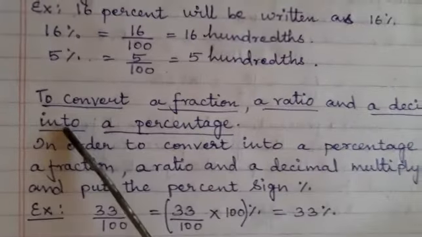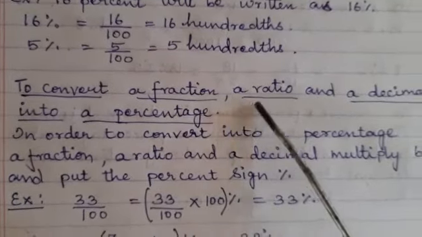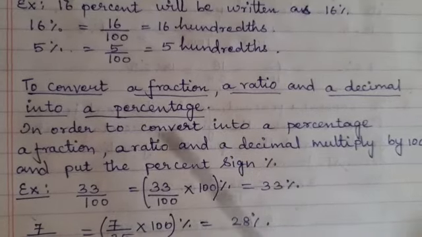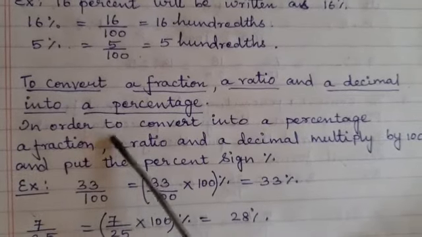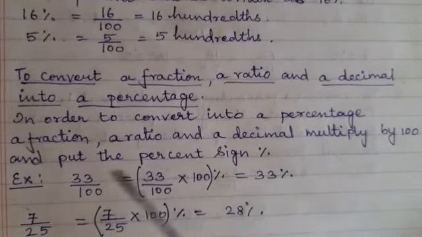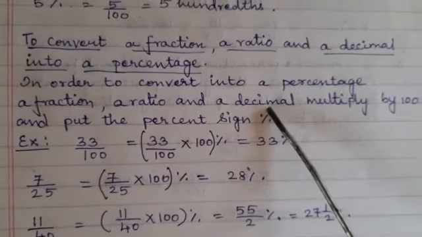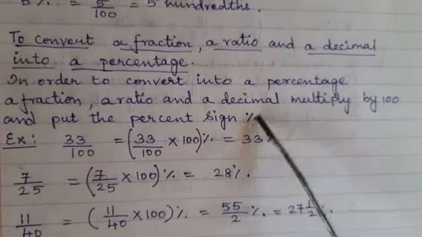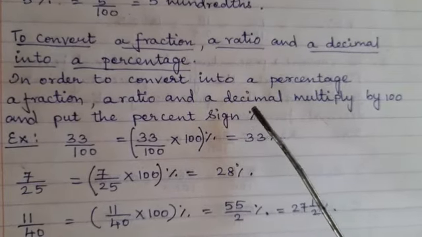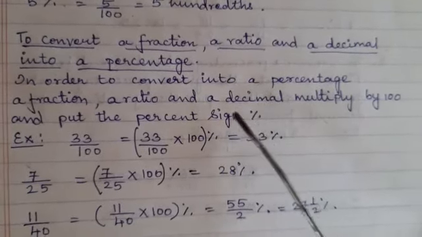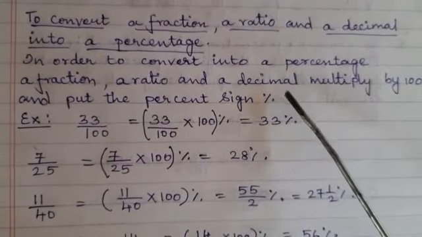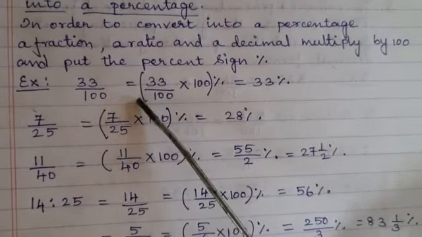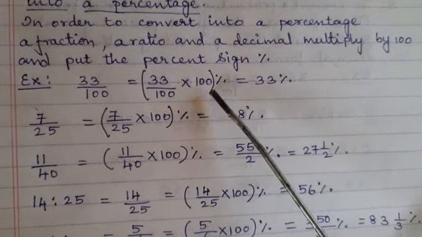Now, to convert a fraction, ratio and decimal into a percentage: first, in order to convert a fraction, a ratio or a decimal into a percentage, multiply by 100 and put the percent sign. So anything that is a fraction, ratio, decimal, whatever it is, you have to multiply by 100 to convert into percentage. Now see the example, 33 by 100, which is equal to 33 by 100 multiplied by 100,